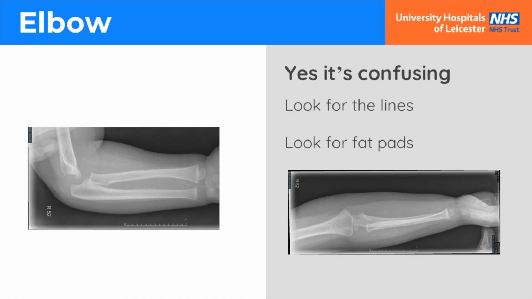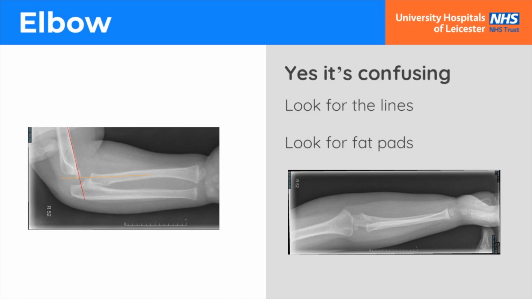Again, give pain relief early, that will make it easier. Have a look for the line. So essentially you want to draw a line down the anterior humerus and down the middle of the radius, and it should be in the middle third of the capitellum, although it might be slightly anterior to that in